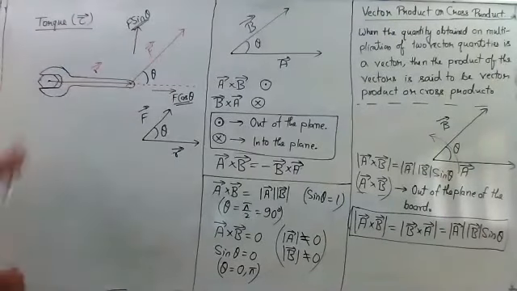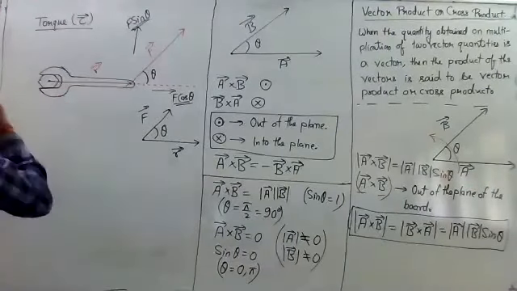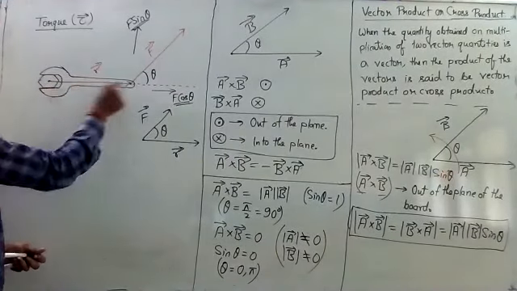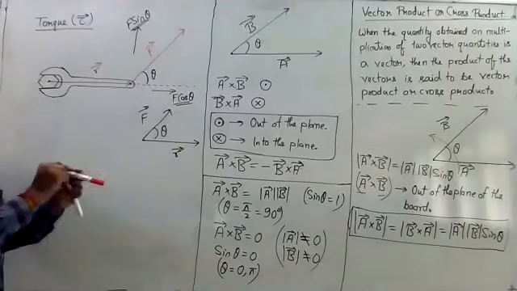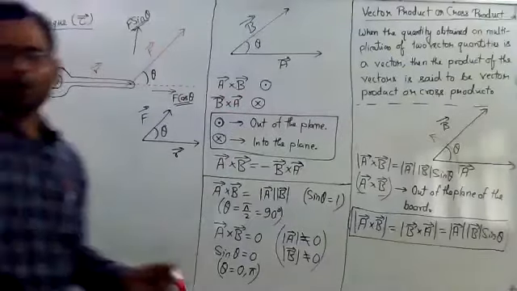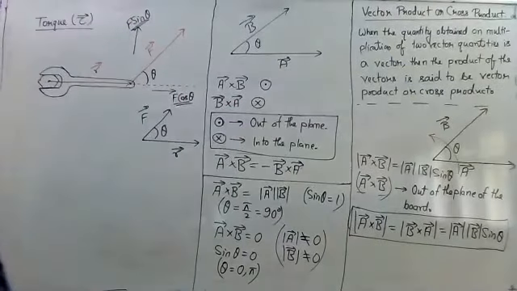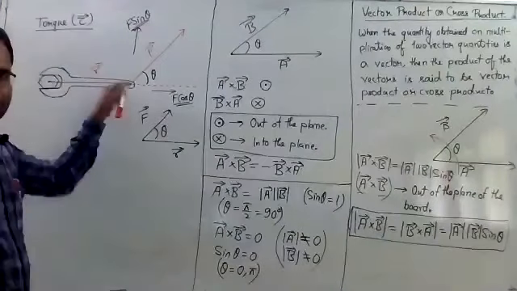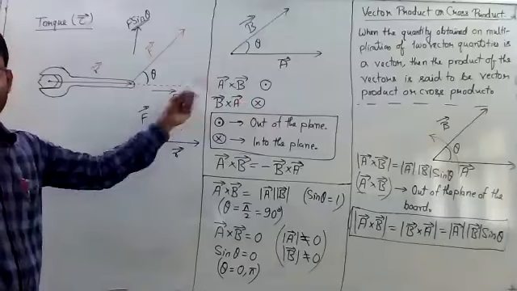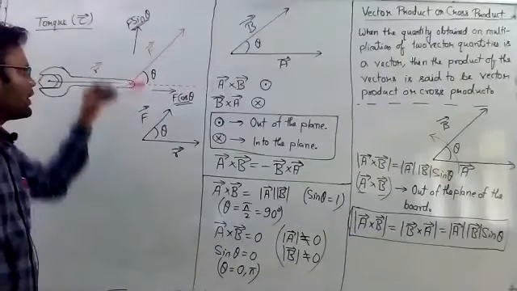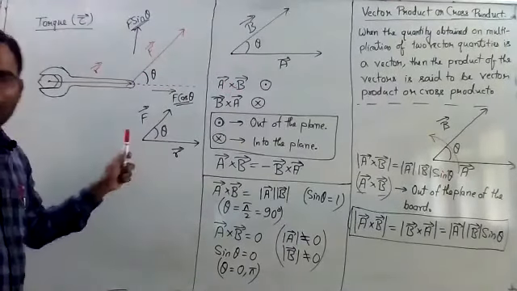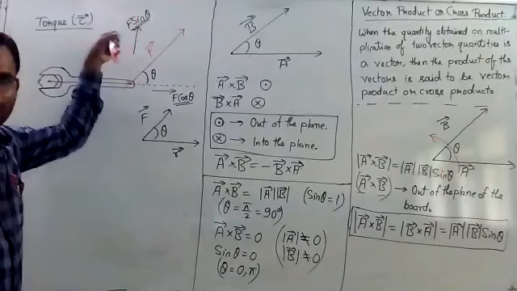Now, if torque is a vector quantity, then what is the value we need to consider? Just answer me one thing. It is a spanner, and at this end, if I apply a force in this direction, then what will be the value of torque? We will not get any turning effect. I will get a turning effect only when I am applying force in this direction, either upward or downward.